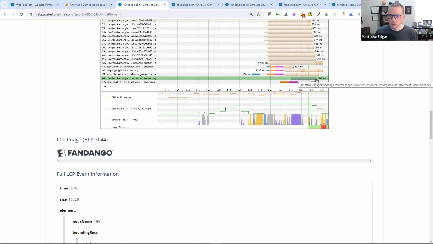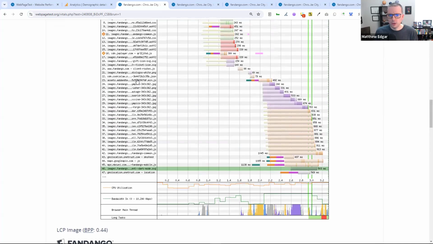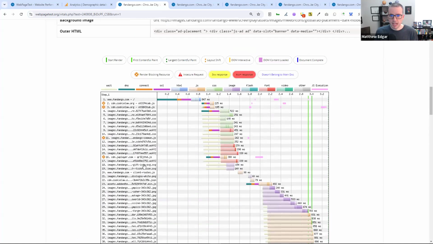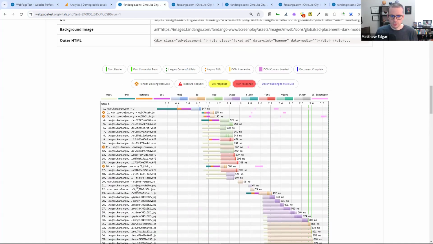503 milliseconds is really good. Instead, the focus here should be, well, how do you get it to load, maybe instead of the 46th element, how do you get it to load where it's the 21st element on the site, where it could show up here? Because if it started to load at the 1.8 second mark, it would be finished loading before the 2.5 second mark, where it would be able to hit that good speed, the 2.5 second mark that we're aiming for